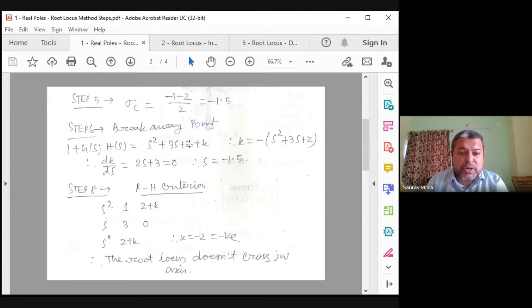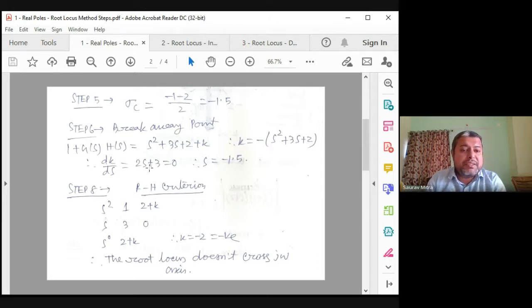But in this root locus, we know that it is going to be parallel with the j omega axis. Starting from point minus 1.5, it will go up and it will come down. That means as this root locus is parallel with respect to the j omega axis, there is no crossing of the root locus with the j omega axis. That means in this case the k value will not come, or k will come as something imaginary. We will find how to find the value of k.